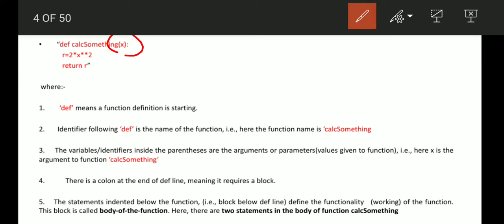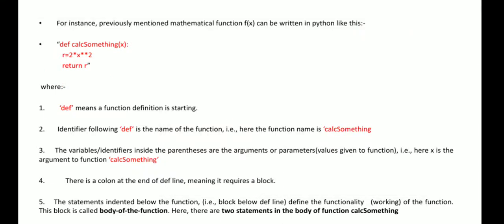Listen carefully. Right now we are learning how to create a function. It doesn't mean that after creating a function it will automatically run. No. After creating the function you have to call it. When you call it, only then will the implementation go on, because here you have to pass the value. When you pass the value, automatically it will show the result. Otherwise, no result will be printed here. So we have to be aware while creating a function that we have to call it.